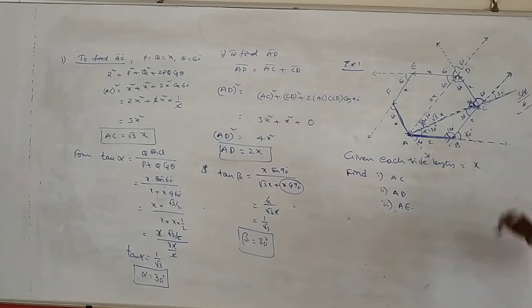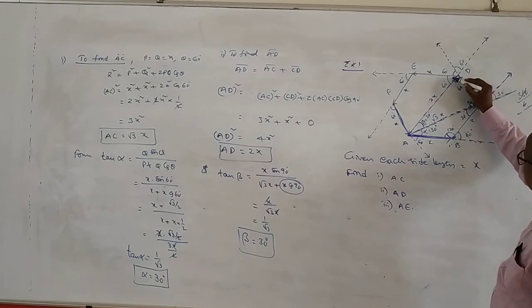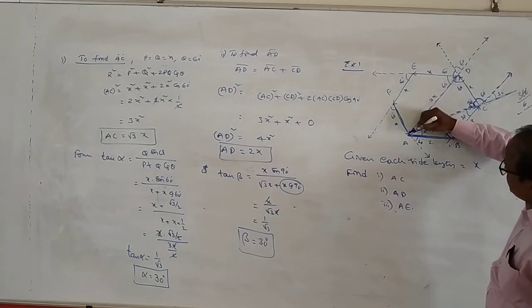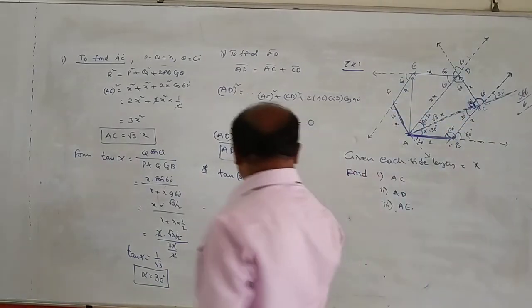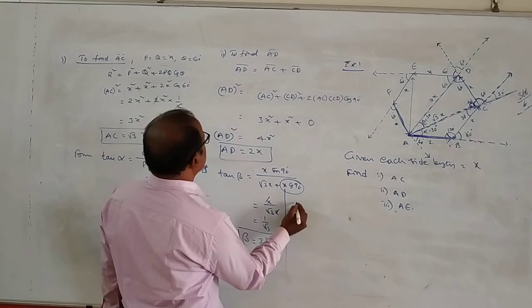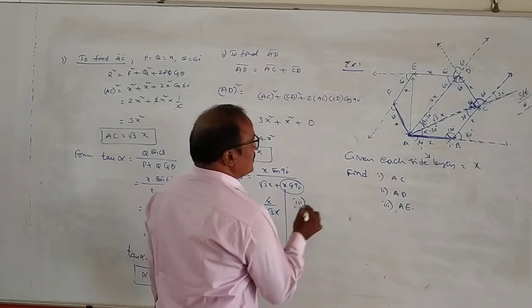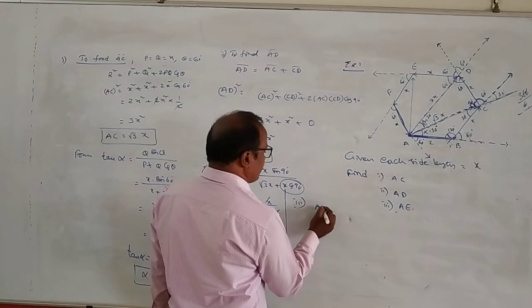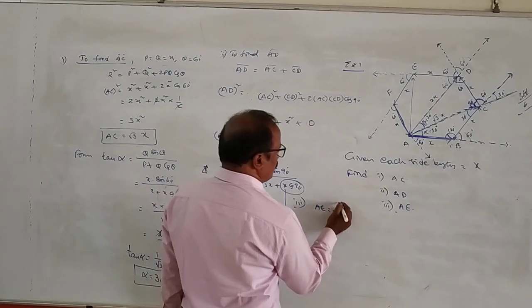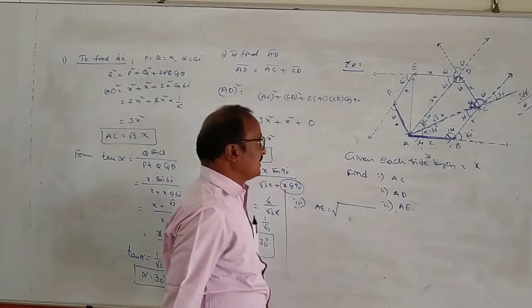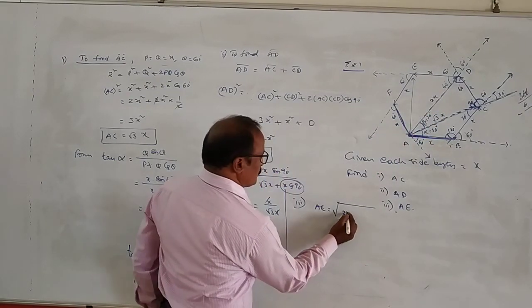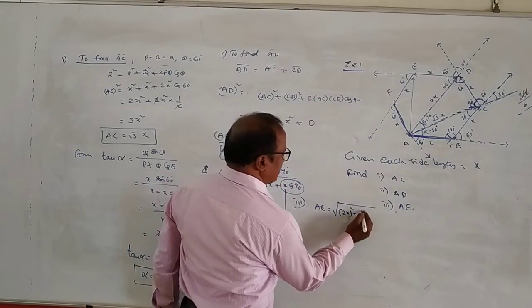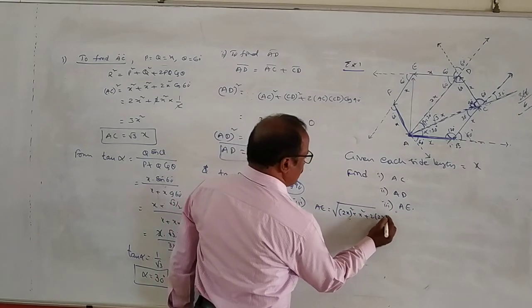Right? Now let us see. This is the first vector, this is the second vector, and the resultant is equal to this. We have to calculate the resultant. So from the diagram also, the third one, AE, is equal to the root of this one and this one: 2x whole square plus x square plus 2 into 2x into